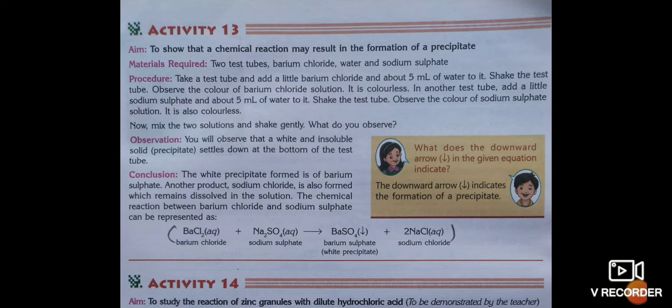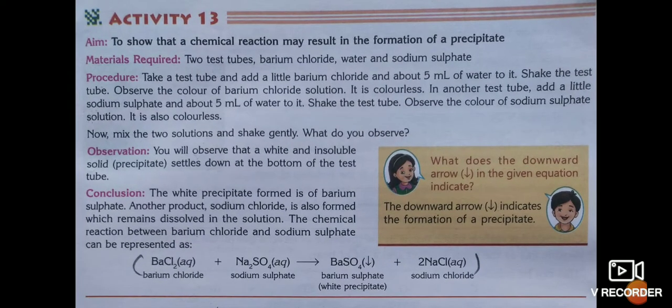Till now, just for a quick review, we have done what the different types of changes are. Then we completed physical change with some of the activities. We also did what a chemical change is. Just to recall, whenever some substances react and form a new product with either absorption or evolution of heat energy, it is known as chemical change. In chemical change, always a new product is formed.